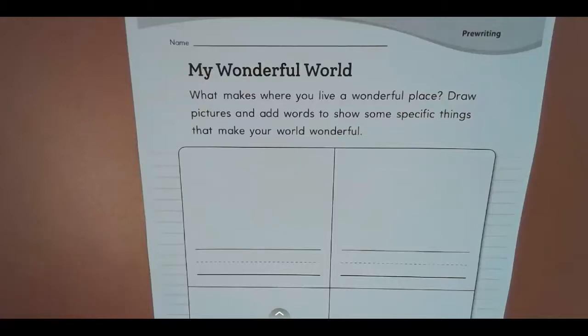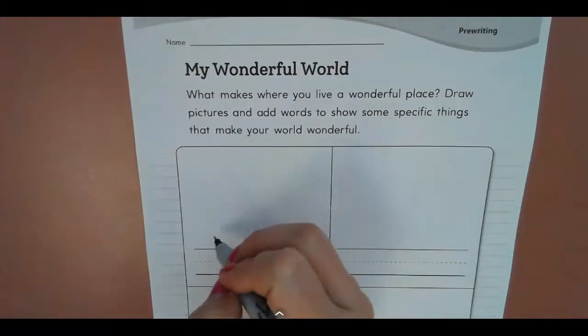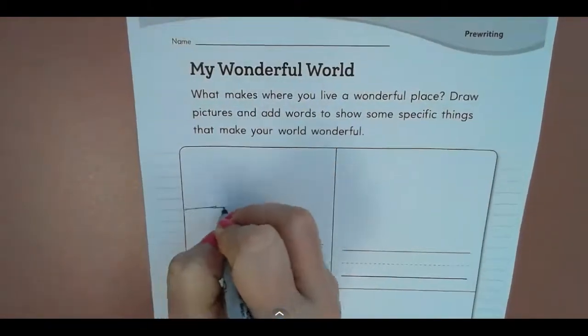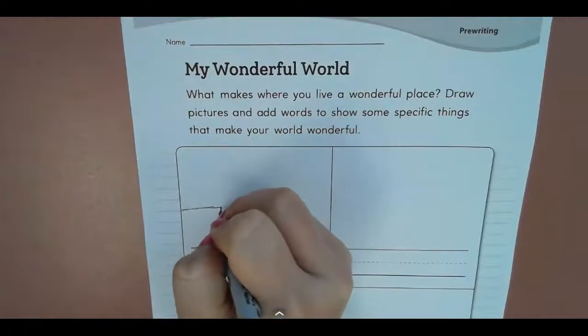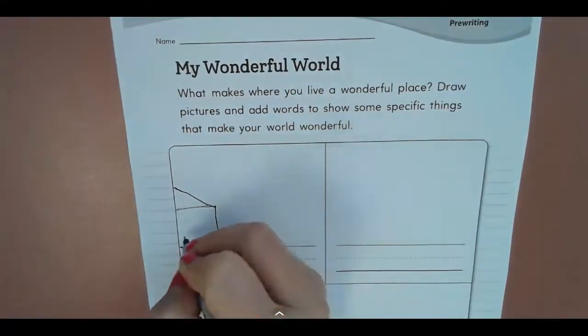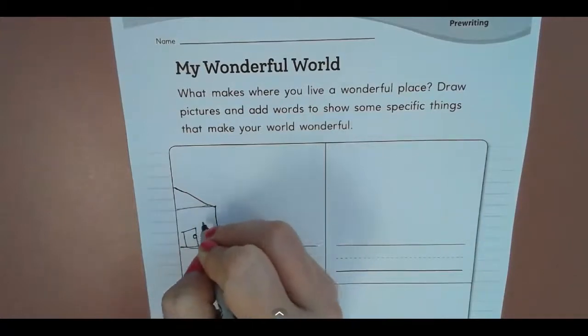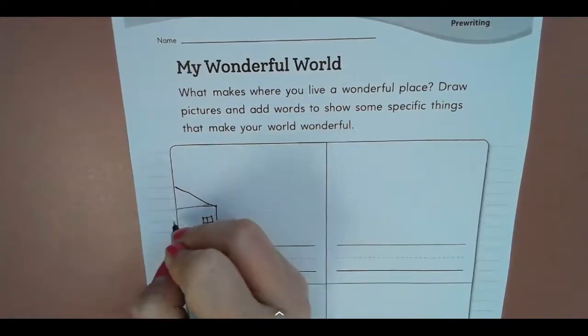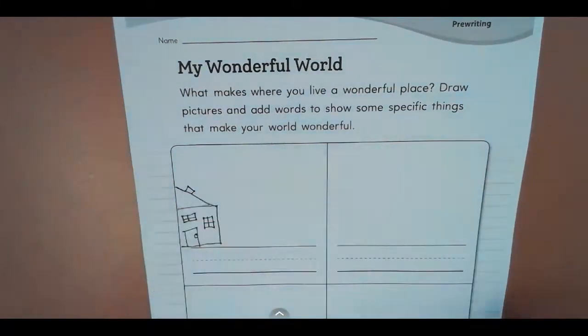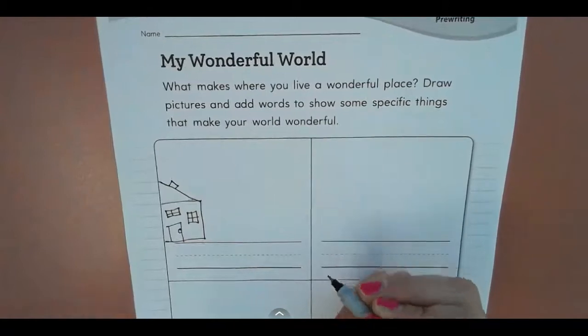So that's what I'm going to draw. My house is going to be over here in the background. Okay, so my house is over here. I'm just going to kind of draw it to the side. So I'm going to put my house right here. I have some windows, a little window above my door. I have a chimney. Okay, so there's my house.